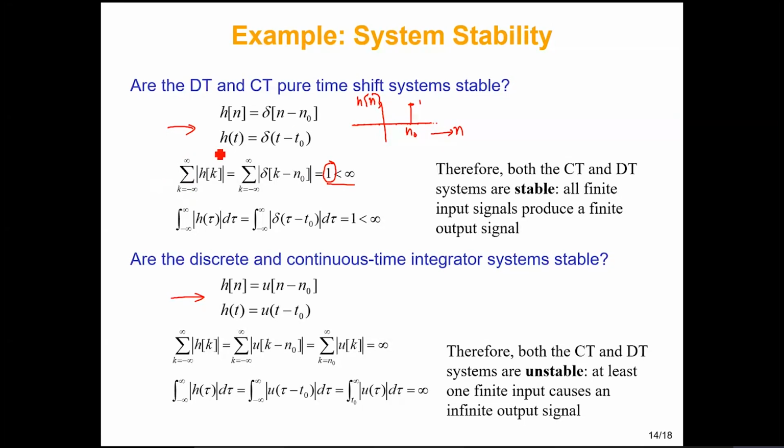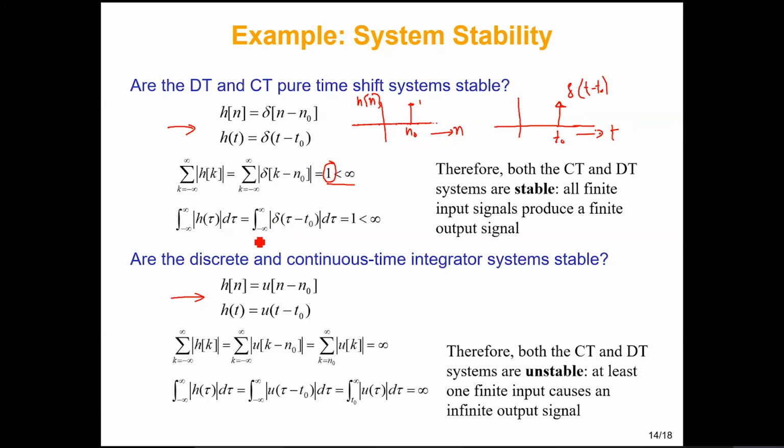Now if you take the continuous time case, if you have again a shifted impulse lying at t equal to t naught, so this is your delta of t minus t naught. If you have this type of a thing, then if you take the integration of h of tau, so h of tau is what? Delta, instead of t we have tau here, so delta of tau minus t naught. If you integrate it,